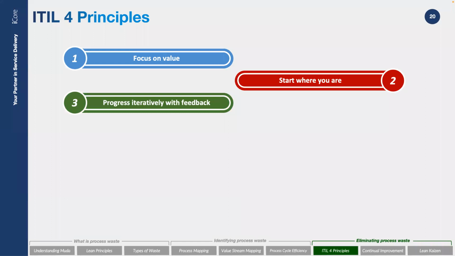Progress iteratively with feedback. A big part here, and we're going to mention this later on in a couple of slides' time, is bite-sized chunks, small. Don't look at solving big issues straight away. Break those big issues down into smaller issues and solve those bite-sized chunks. But the key thing is to embed this and continually improve. If you're a process manager, continually look at your process to realign, to streamline, and to utmost reduce that waste, which makes your process more efficient.